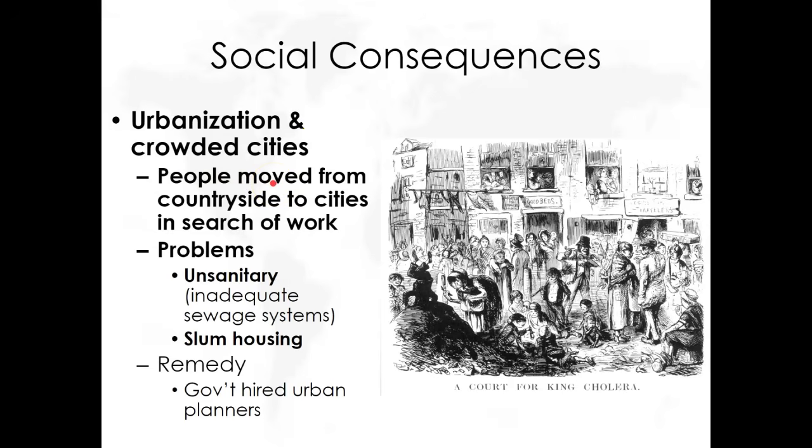So because you now have so many people living in close confinement, that's going to lead to the increase of communicable diseases. We're going to see waterborne diseases like cholera, and it's getting kind of ugly and gross. Additionally, they don't actually have a sewage system in these major British cities and also other European cities. So they're going to have to remedy that. So can you imagine how disgusting it must have been in the early 1800s before they had a sewage system?